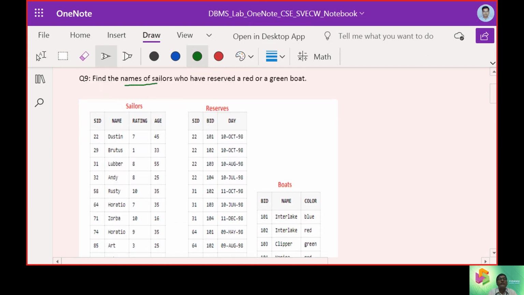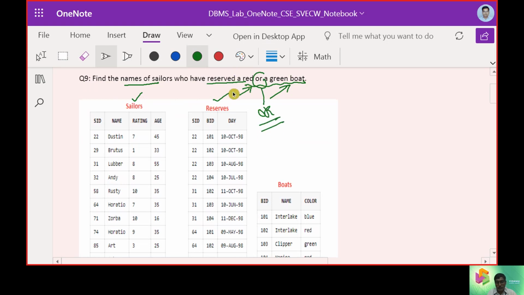Now let us bring up the scenario. Find the names of sailors who have reserved a red or a green boat. When I say names of sailors, definitely we need the Sailors database. Who has reserved? When we make a reservation, again we have to use the Reserves database. Then this is something new to us: we have an OR operation here.